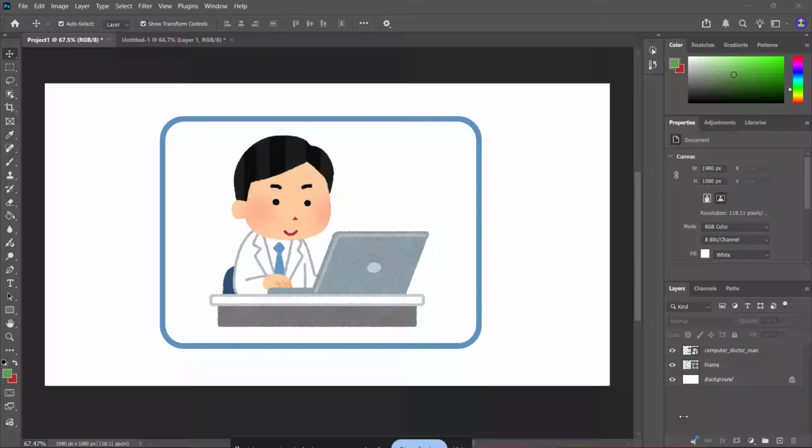If you need to resize an image in Photoshop quickly and properly, this video will walk you through the easiest method step by step. Whether you're adjusting an image for social media, a thumbnail, a banner, or just cleaning up your design, learning how to resize the right way can save you a lot of time and help keep your